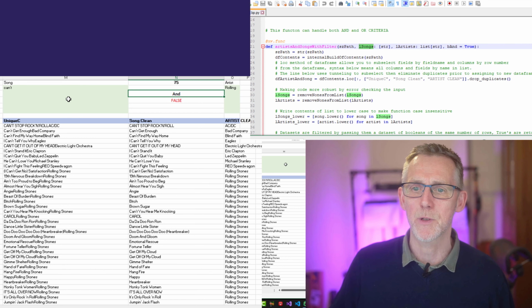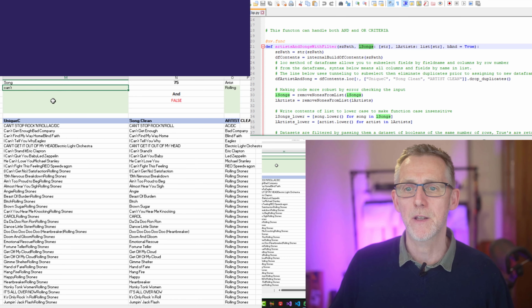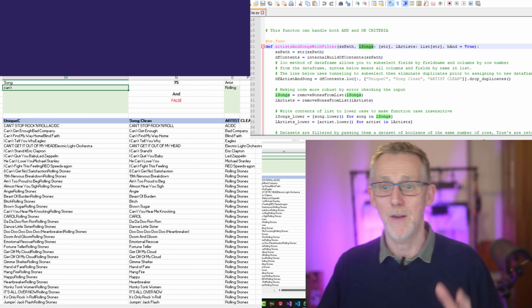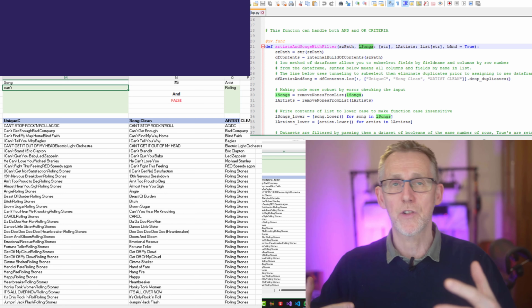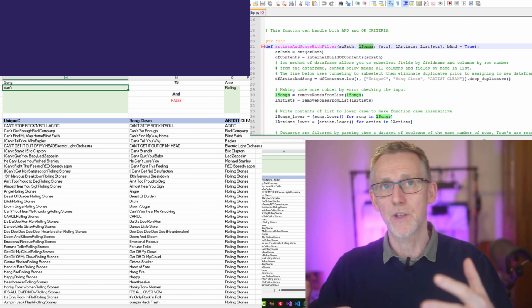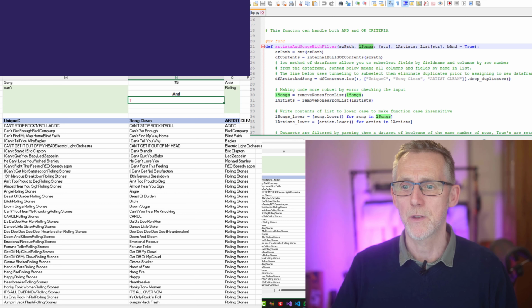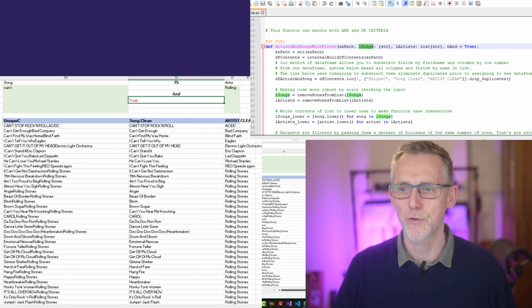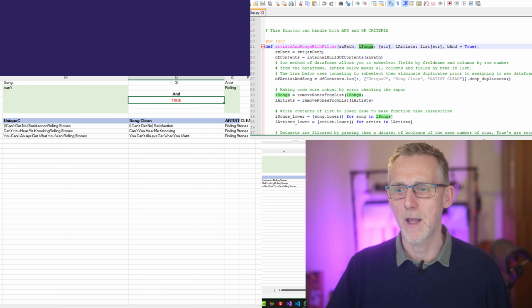So and equals false means give me anything that contains can't and anything that contains rolling. So if it contains can't, give me that, and in addition to that, give me stuff that has rolling. Now, if, for example, I make and true, this is more restrictive. So the song has to have can't and it's got to have rolling. So if we make that true, it's searching the file, and so now we've gone down to 3